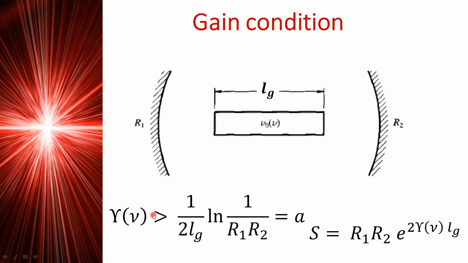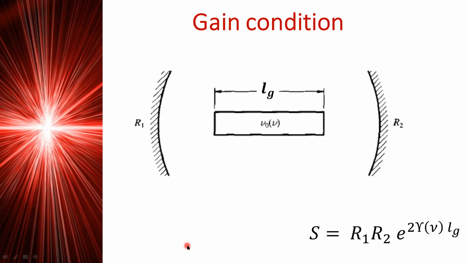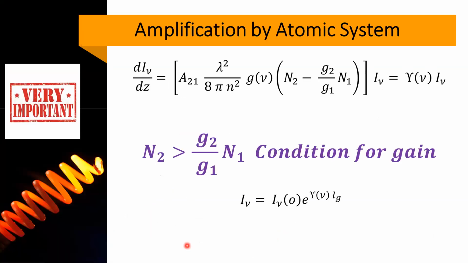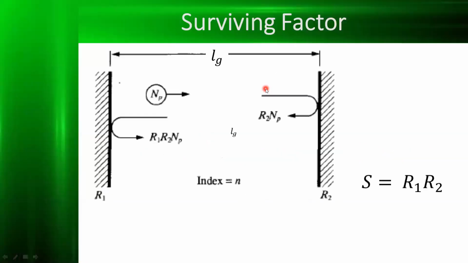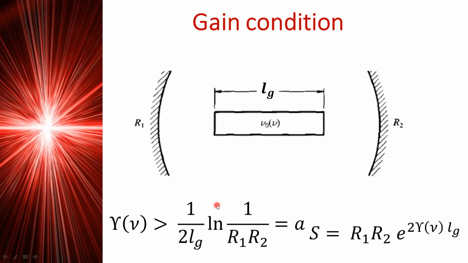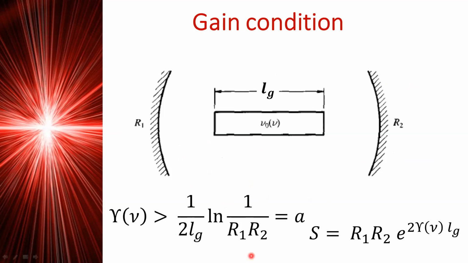Here, this is what we can call mathematically an inequality. We have a condition that this gamma should be greater than this value. But please remember, as we mentioned in part number 1 of this lecture, that gamma is a frequency dependent function, because here you have lambda square and here you have the line shape function, which is frequency dependent. However, the right hand side of this inequality, which we call alpha, is a constant,